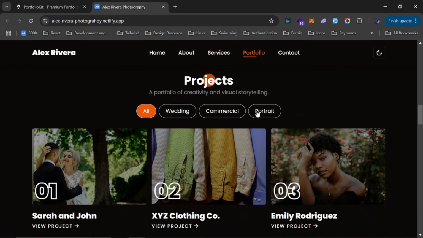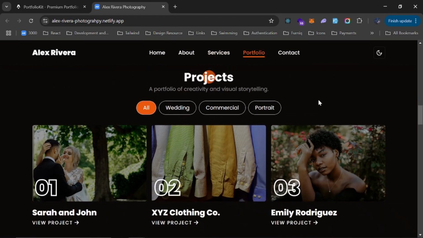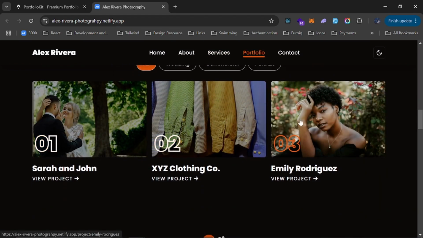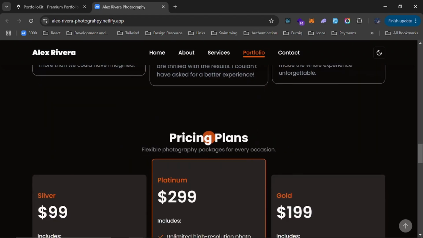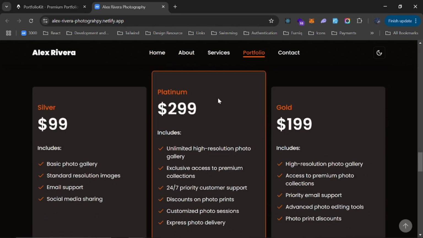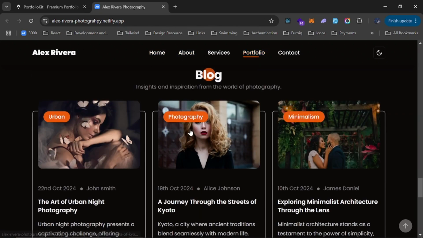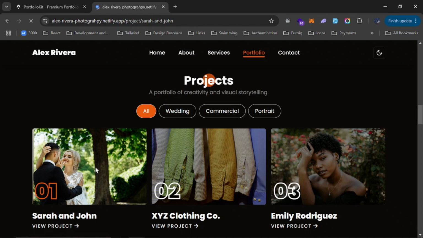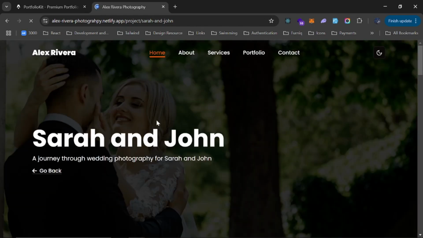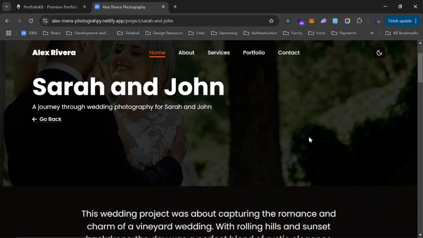But the cool thing about this is that they can customize everything right here on Sanity CMS. I'm talking about the logo, the navigations, all this content right here. And if I open one of the projects, you can see all these contents are editable,